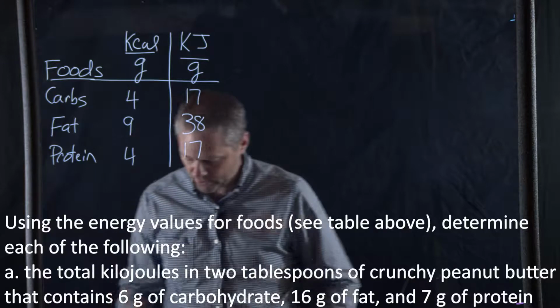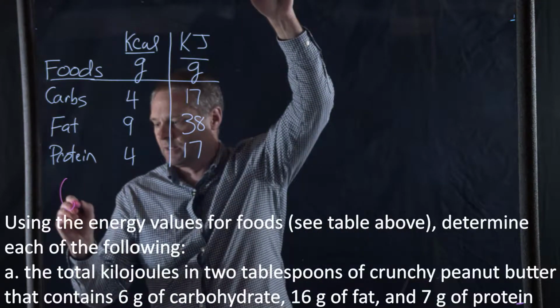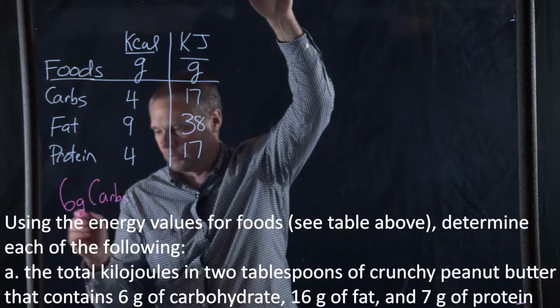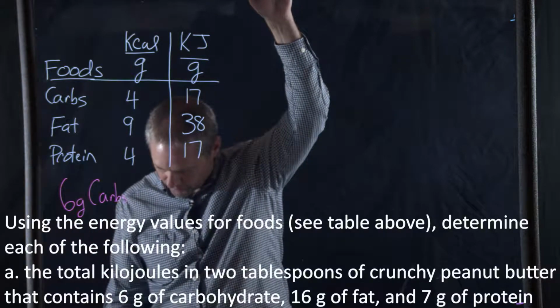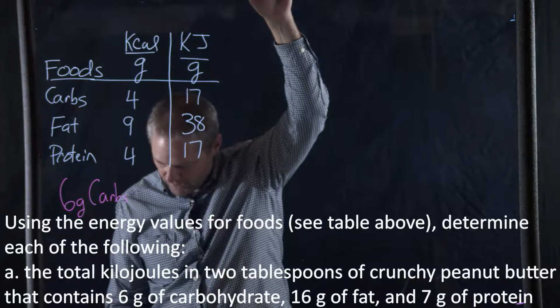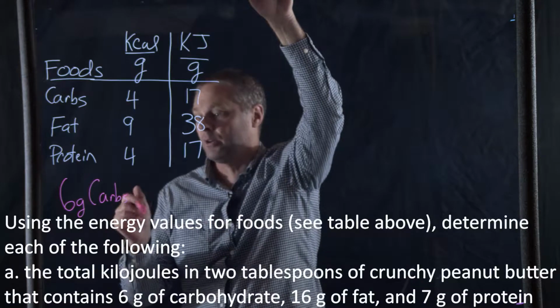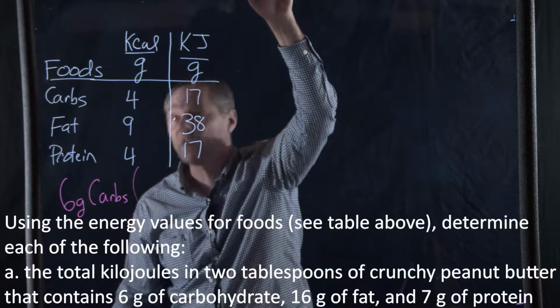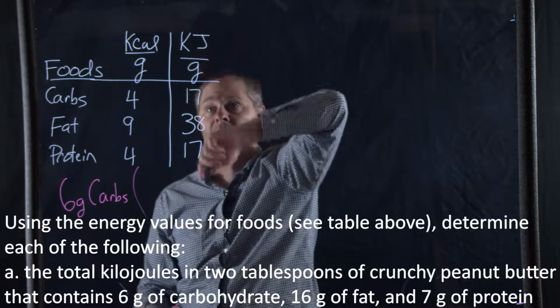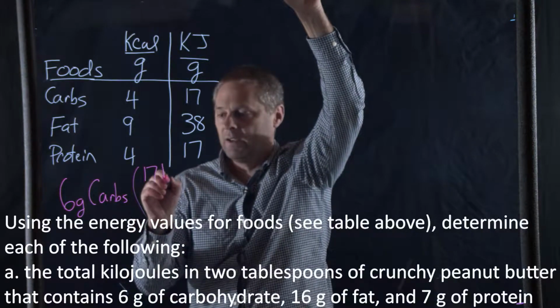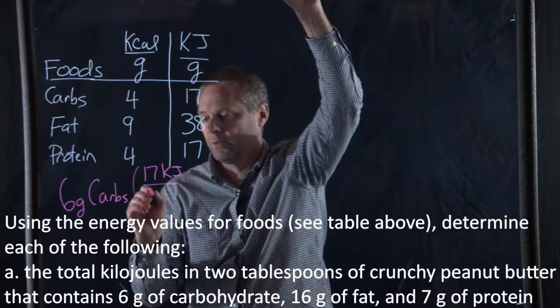that contains 6 grams of carbohydrates. So we have 6 grams of carbs, all right? 9 grams of fat, 6 grams of carbs, 16 grams of fat, and 7 grams of protein. So we're going to start with the 6 grams of carbs, and we're trying to look for the kilojoules, so we're going to be in this column right here. And so we know that there's going to be 17 kilojoules for every gram